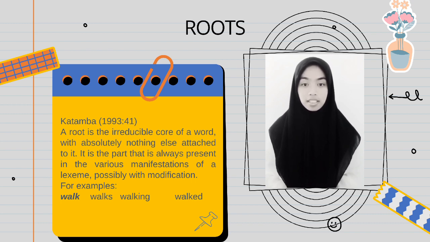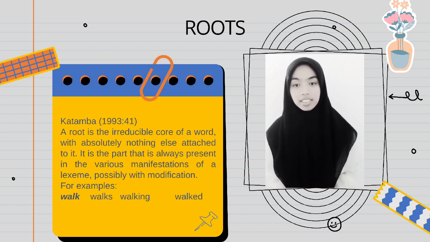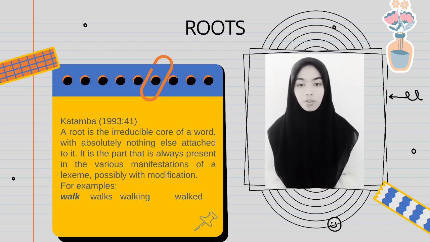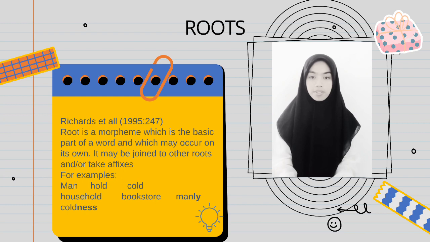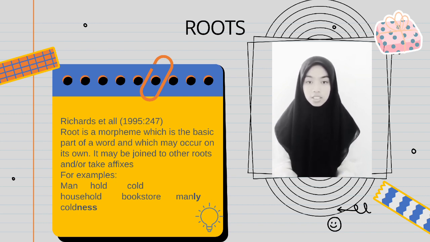It is the part that is always present in the various manifestations of a lexeme, possibly with modification, for example, walk, walks, walking, and walked. Richard et al., 1995: Root is a morpheme which is the basic part of a word and which may occur on its own. It may be joined to other roots and/or take affixes, for example, man, hold, cold, household, bookstore,